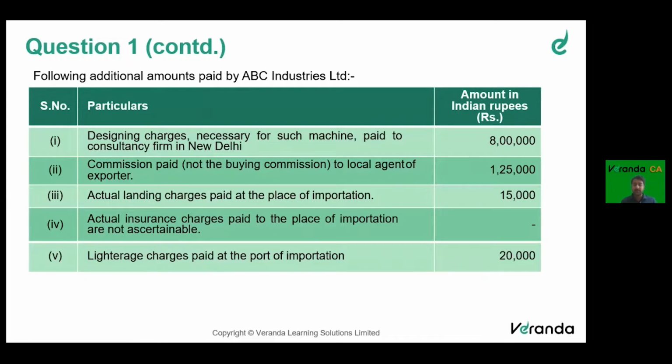A quick look at it, highlighting whatever we can see here. One, designing charges, which is necessary for the machine, but it was paid to a firm in India, is 8 lakh rupees. Please note, firm in India. Commission paid, which is not the buying commission. It is not buying commission. We are paying 1,25,000 rupees, and it is also paid to local agent of the exporter. That means we are paying to an agent in Japan that commission amount, which is definitely not the buying commission. Buying commission means whatever commission we pay for buying, that we have to include. Anyway,